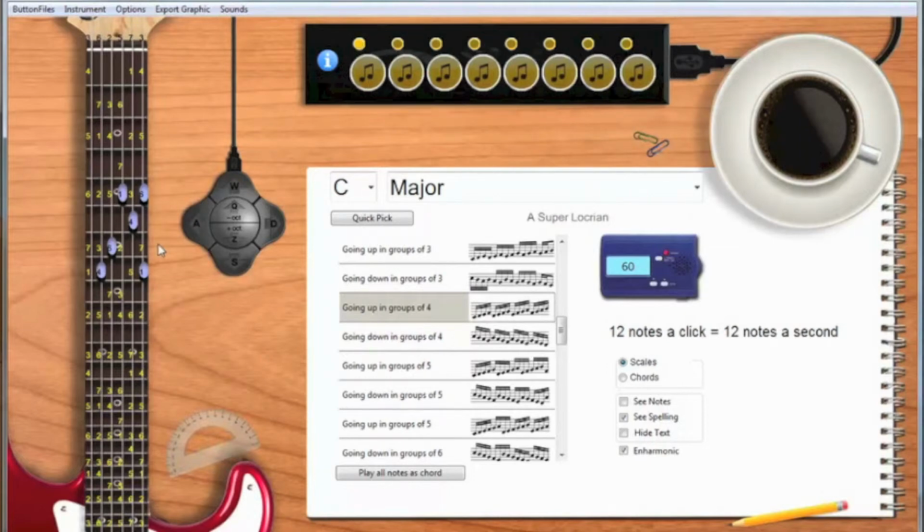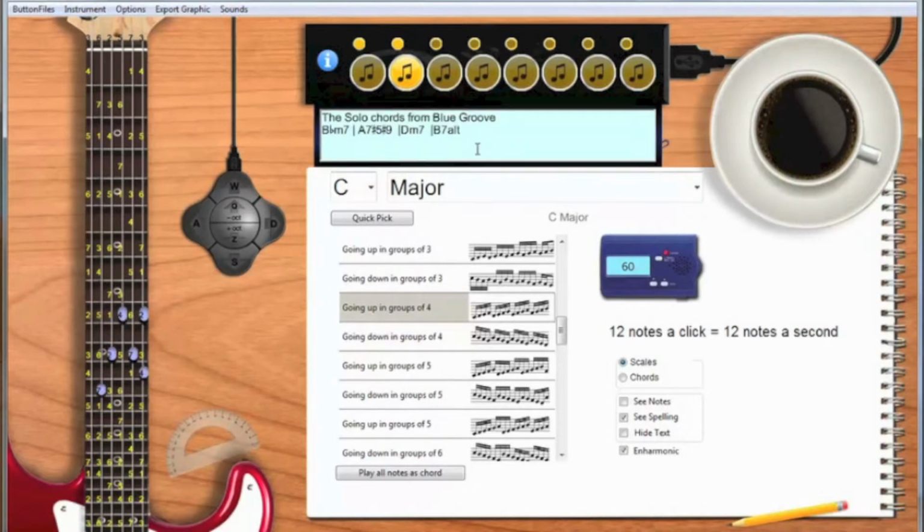Let's take it up a few inversions and let's save that here. So this will recall the first one and this will be the second one. And we can add some information to this, like let's say